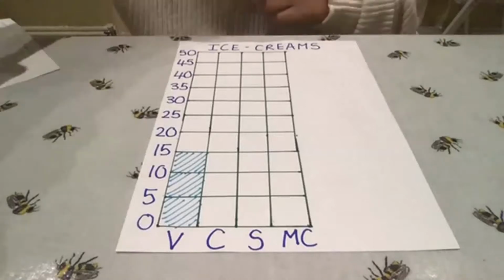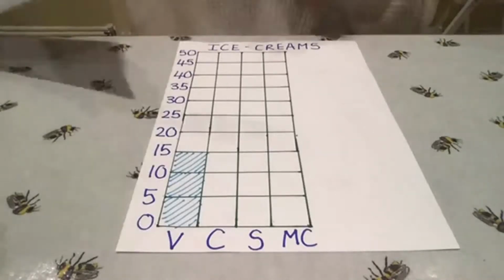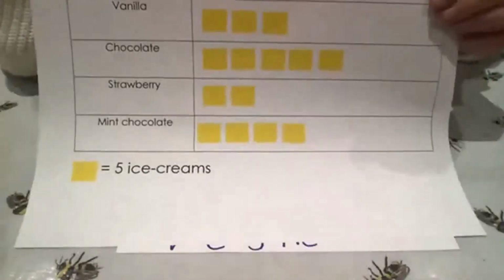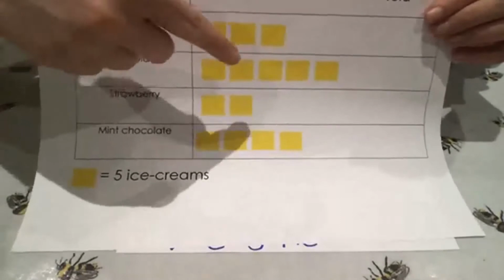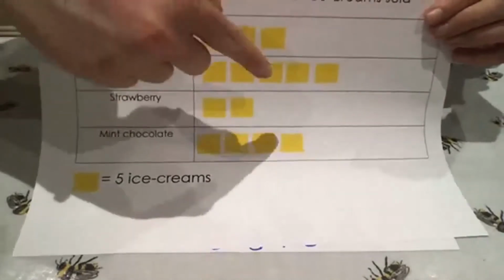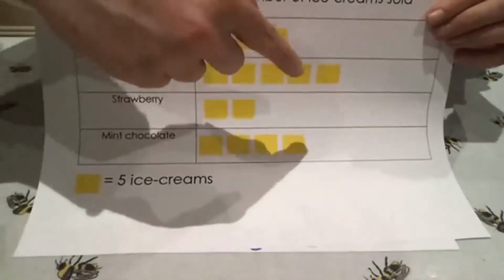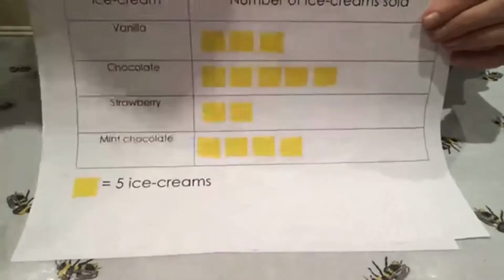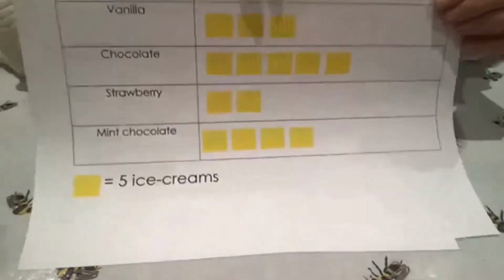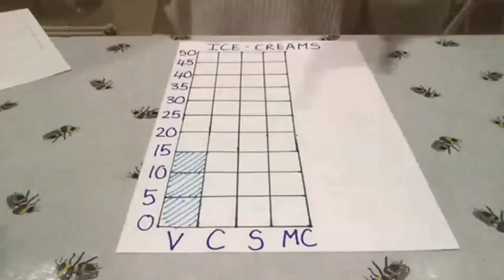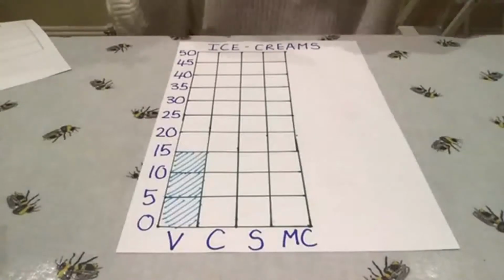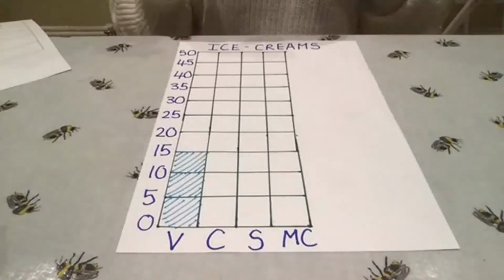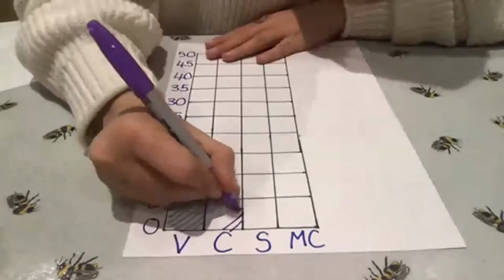Okay, now we're going to have a look at the next flavour, which is chocolate. Now remember, on our pictogram, 1 yellow square equals 5 ice creams. So we've got 5, 10, count with me, 15, 20, 25. So there are 25 chocolate ice creams. Okay, now I need to remember that each of my blocks represents 5 ice creams, and I need to get to 25. So if I colour in my first one,